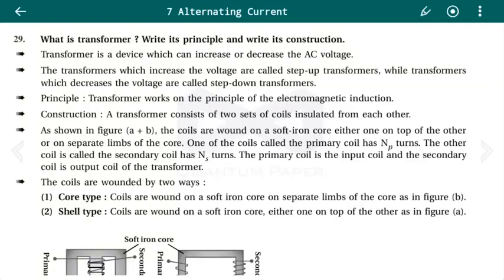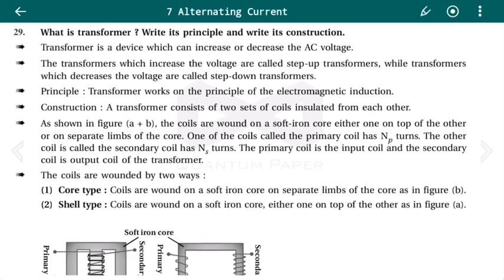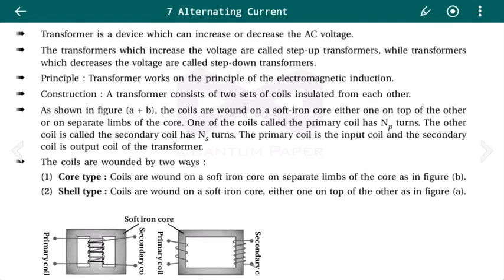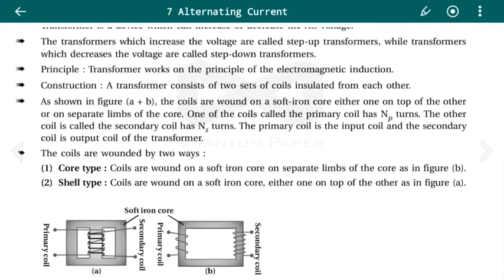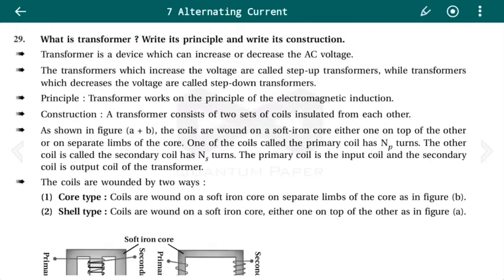In this video we are going to discuss the topic transformer of chapter 7, alternating current. What is a transformer? Write its principle and write its construction. A transformer is a device which can increase or decrease the AC voltage. The transformers which increase the voltage are called step-up transformers, while the transformers which decrease the voltage are called step-down